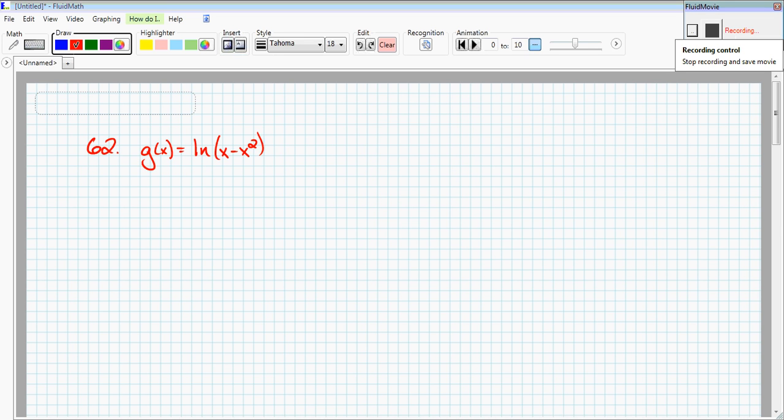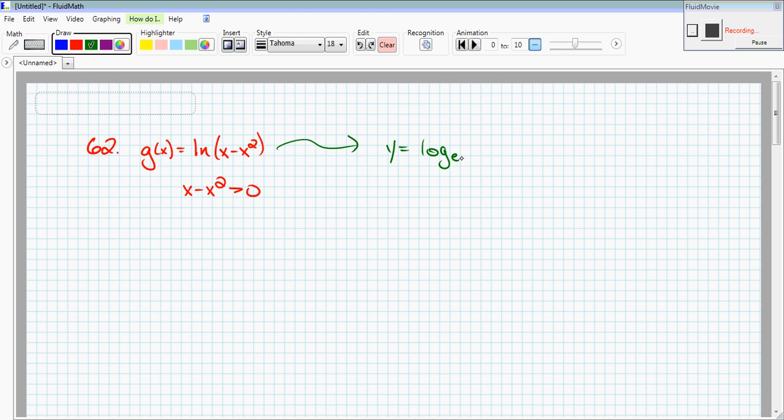For question 62, they want us to find the domain of this logarithmic function. What we know is that f must be greater than 0. And we know that because the equivalent exponential form of this particular function, we'll rewrite this as y equals the